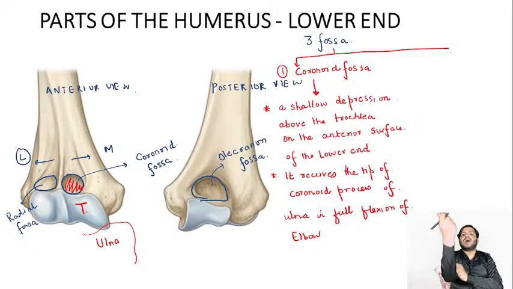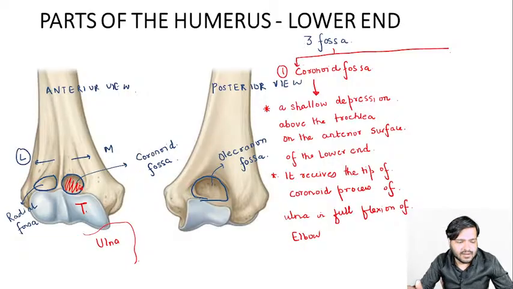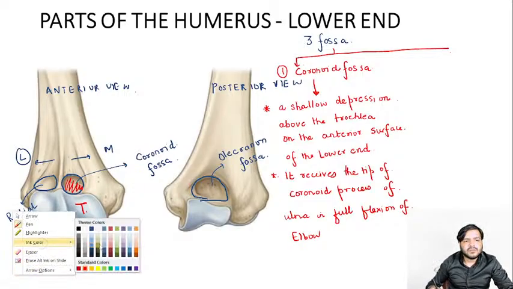मतलब एल्बो को पूरा आप ऊपर की तरफ लेकर आओगे, सो जो अल्नार कोरोनॉइड प्रोसेस है, जो उसकी टिप है, वो पूरी की पूरी आकर इस गड्ढे के अंदर अकोमोडेट हो जाती है. ठीक है, इस फोसा के अंदर अकोमोडेट हो जाती है. तो दैट्स द फंक्शन ऑफ द कोरोनॉइड फोसा. ओके, सो दैट वाज अबाउट द कोरोनॉइड फोसा. मूविंग ऑन टू द नेक्स्ट पॉइंट,